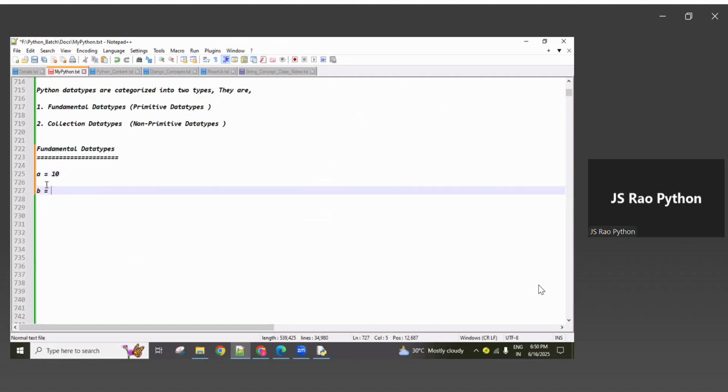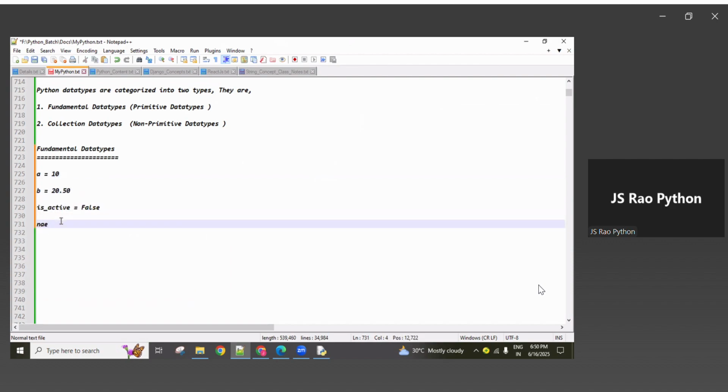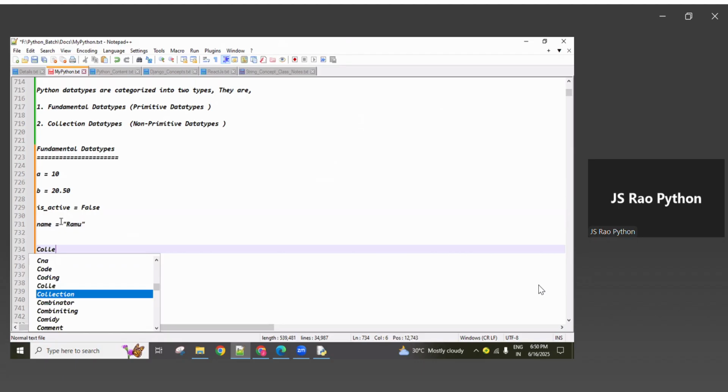All of you clear? See here, b equal to 20.50, and is_act2 equal to false, like we are writing. So these all are the fundamental types. We can consider name equal to Ramu, like I'm writing. So when coming to the